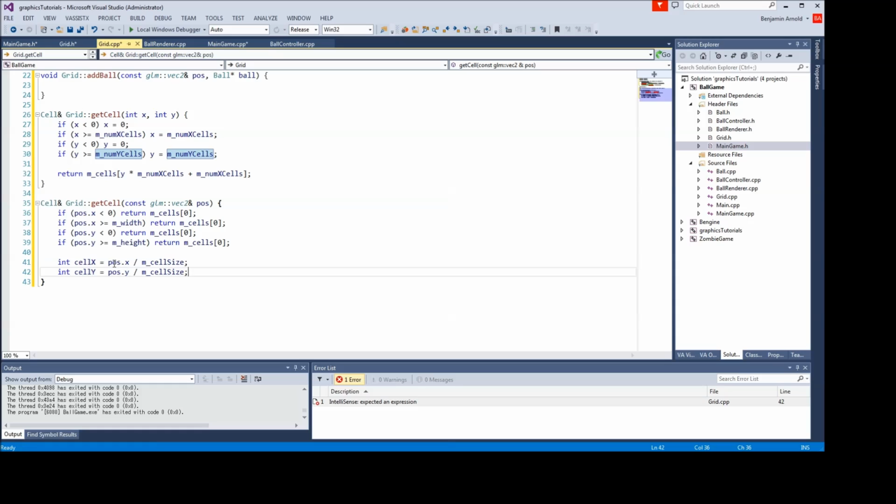Now the compiler is going to yell at us saying that we're doing a floating point division and putting it in an integer, so we can cast this to, we don't want to cast that to an integer, that would be bad. We want to cast the result of this to an integer so the compiler doesn't tell us that we are doing something stupid, because we know what we're doing. Alright, now we have cell x, cell y. Now we can return,